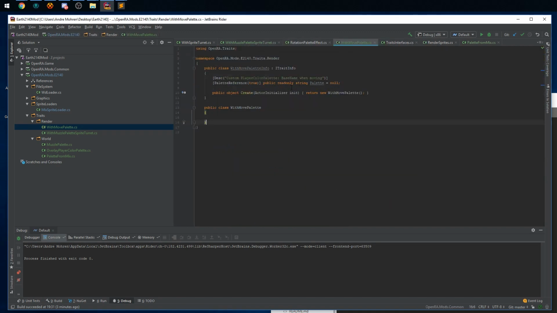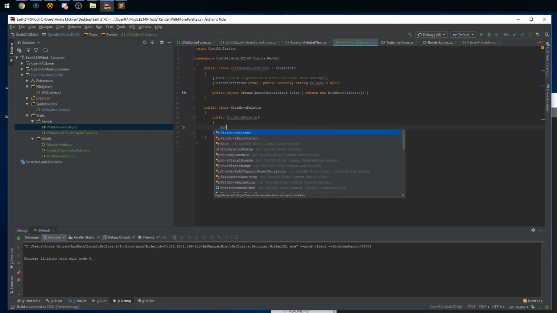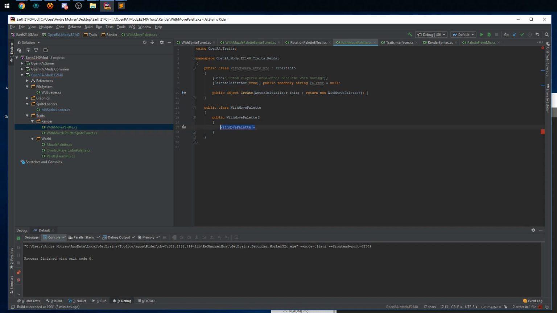So we now need this particular trait, so we will just implement a constructor. And what we need now is the move thing. Come on. And we need to get the move trait. So in theory, it would be something like